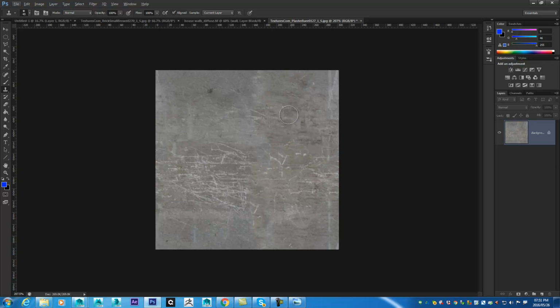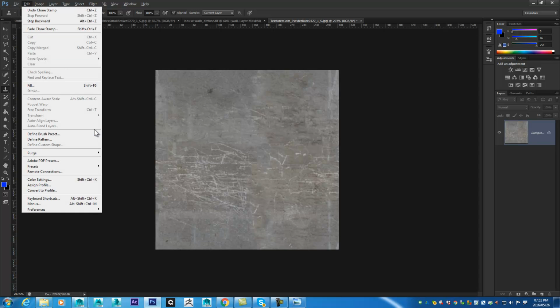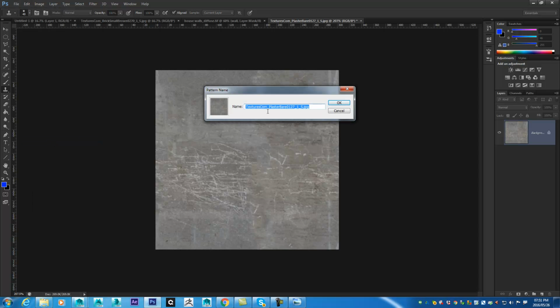So I'm going to leave it like that because I know if I bring it back to the 606 by 606, it should be pretty much the same thing, except for these painted areas would now be showing up on the borders of the image instead of the middle. Right, so then I can go and define this as a pattern. Define pattern, call this cement,